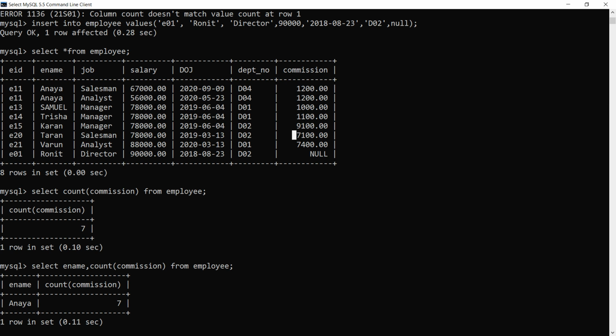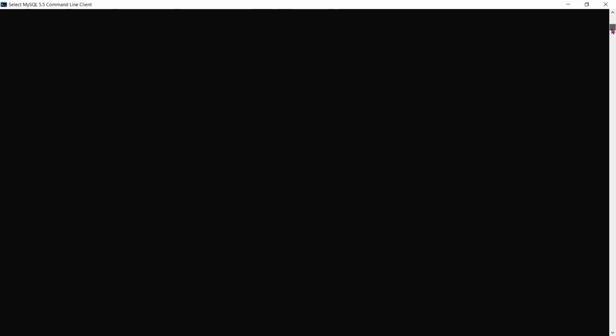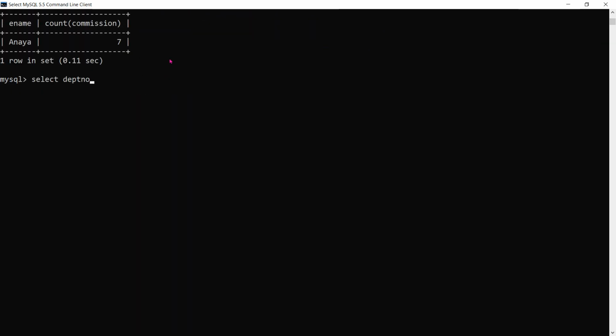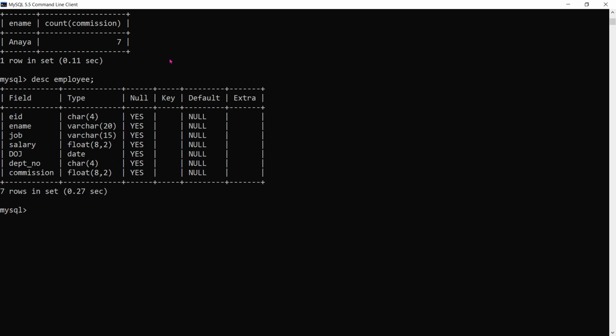So how do we group the values? By writing the clause group by. So we'll write the code for group by. First we'll see the columns description, which columns we have in the employee table, by writing DESC. We take the column with similar values for group by.